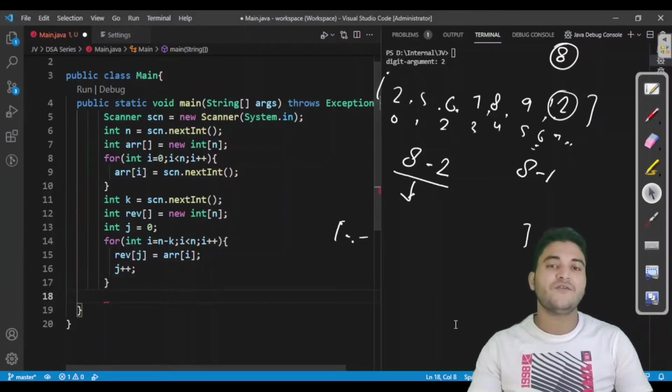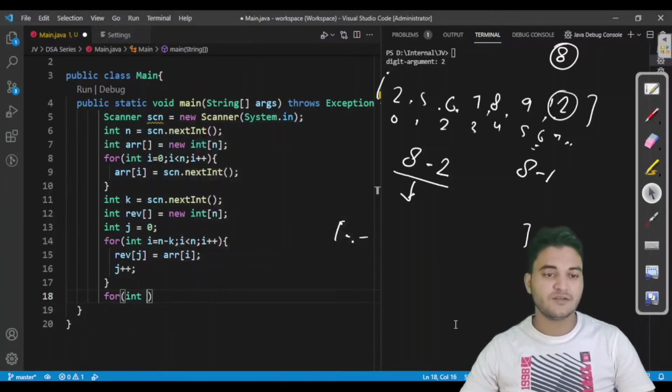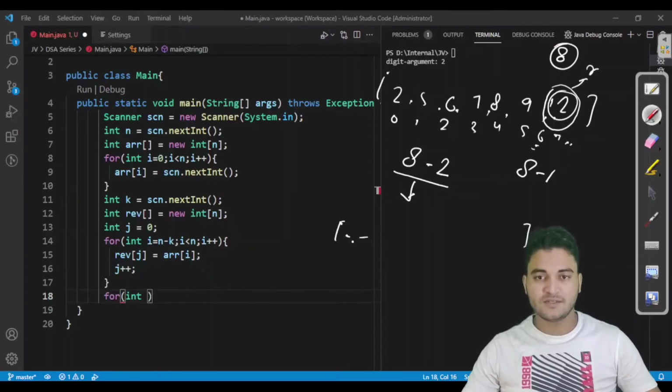So what we have done till now is we have picked up the last k digits inside our reverse array. Now we just have to pick the initial digits inside our reverse array after the initial positions. What does it mean? Now from where we have to start our loop, let me explain again. We have filled these two values inside our reverse array. Now we have to start our loop from 0 to 5, which is 8 minus k minus 1, because we have already filled values from 8 minus k.